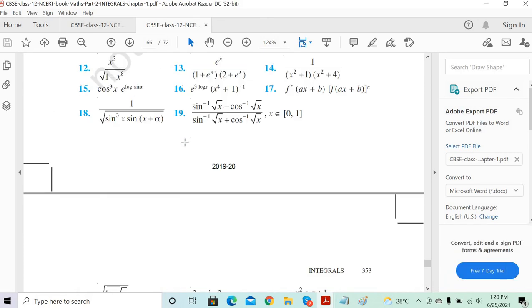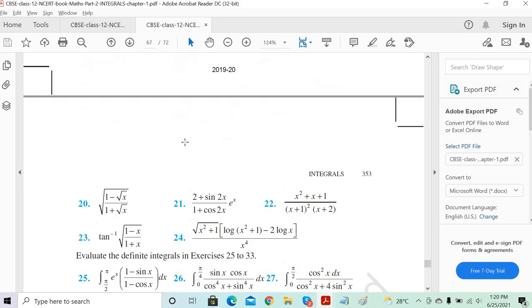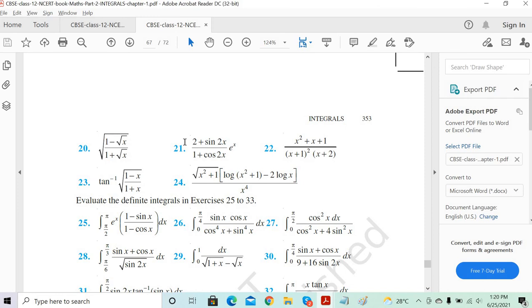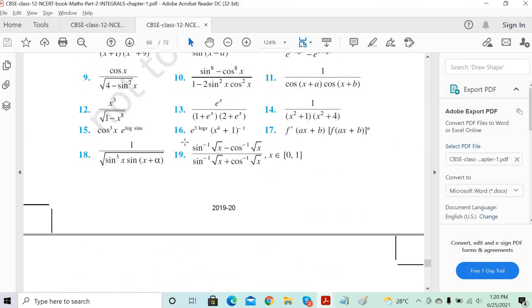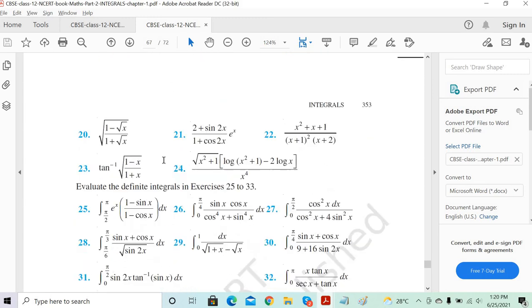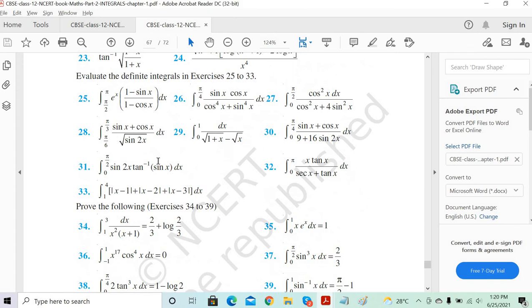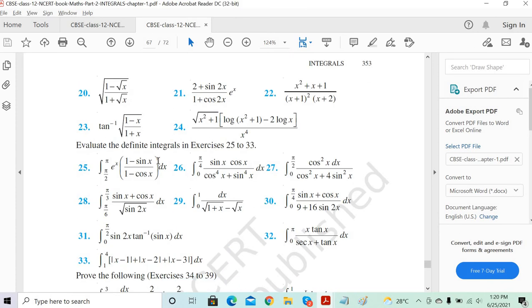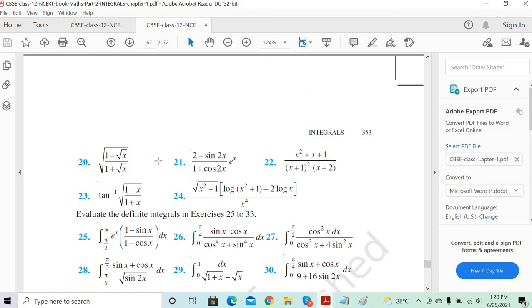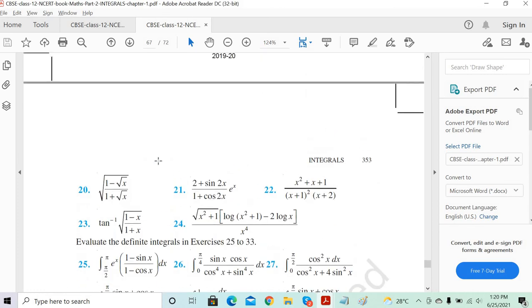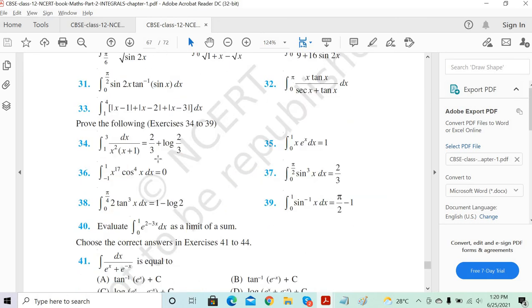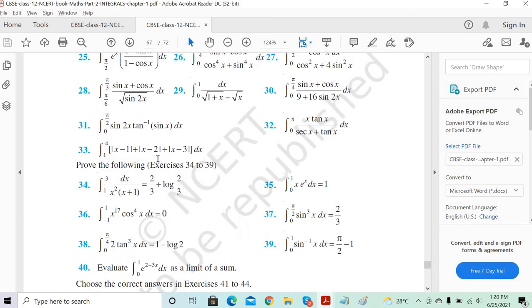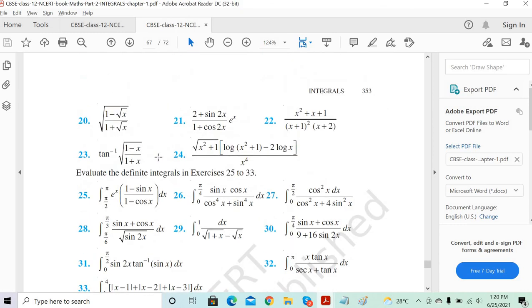Excellent. You can do the 18th, 19th, 20, 21, 22, 23, 24. Six questions you take as part of homework, 18 to 24. Just give a shot at doing it. Then we'll go with the definite part, definite integration. And mark the questions which you're not getting so that we can do that part. You'll be able to get it now. Anyway, we eliminated some of the questions now. After that, it's pretty simple. One more class, I think we'll be able to finish this part.